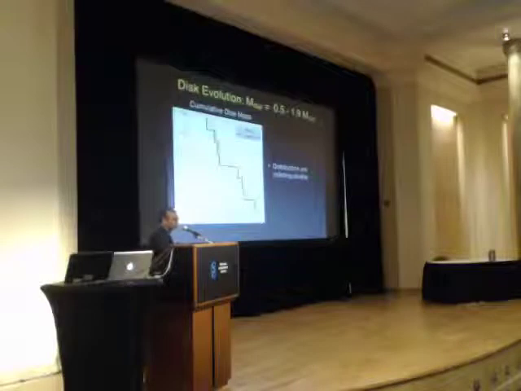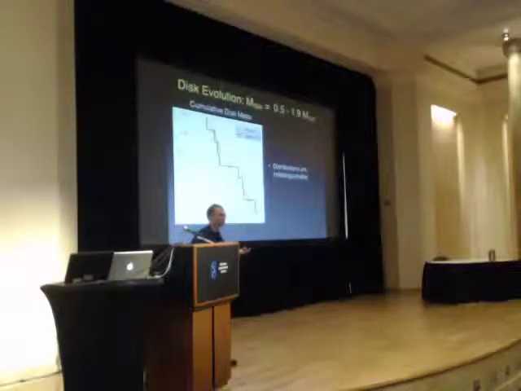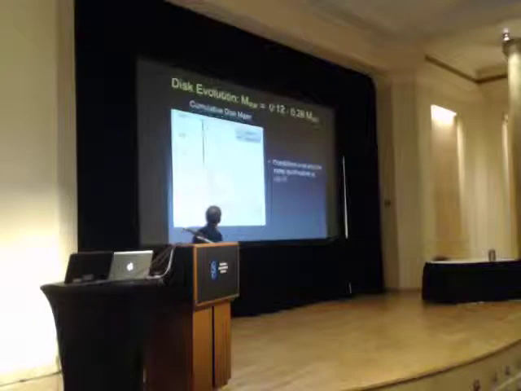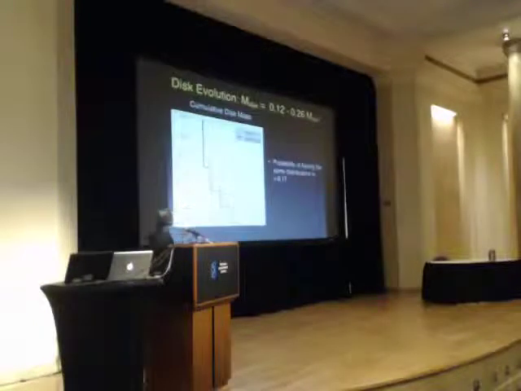These two mass distributions are indistinguishable, suggesting that the disk masses in Upper Sco basically have the same mass distribution as Taurus, and there's been no significant decrease in the disk mass on the time scale of roughly 2 to 5 million years. We can do the same thing for the lower mass stars, roughly about 0.12 to 0.26